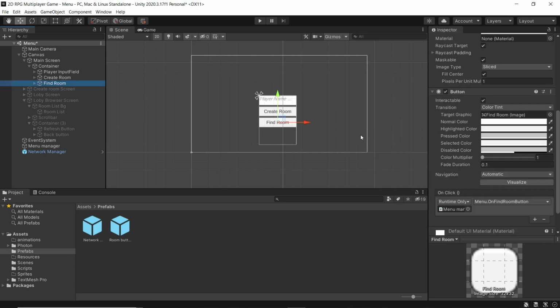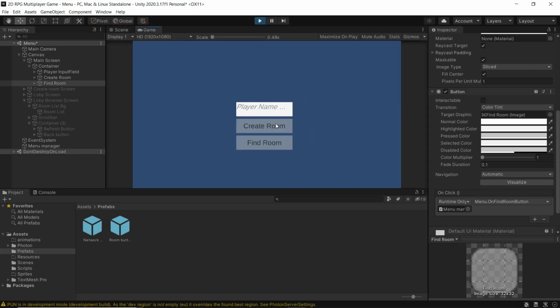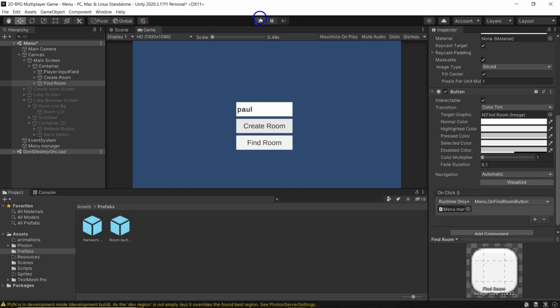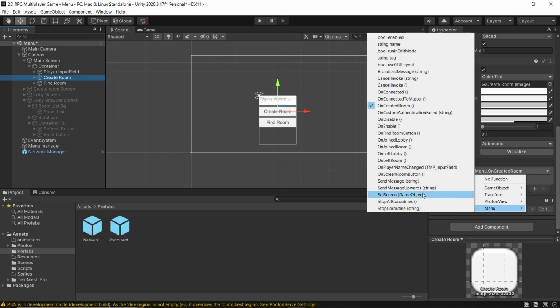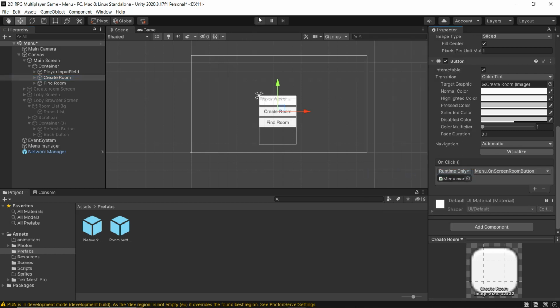So now let's test it. I'm going to play. As you see, when we are going to connect, we can see the buttons. And I'm going to put the name. And if we are going to click on create room, we should go into the next, to the lobby. So now we can't, I think, yeah, I made a wrong function here. Instead of menu create room buttons, we need to put the right one, on create room button. So now we should be able to go into